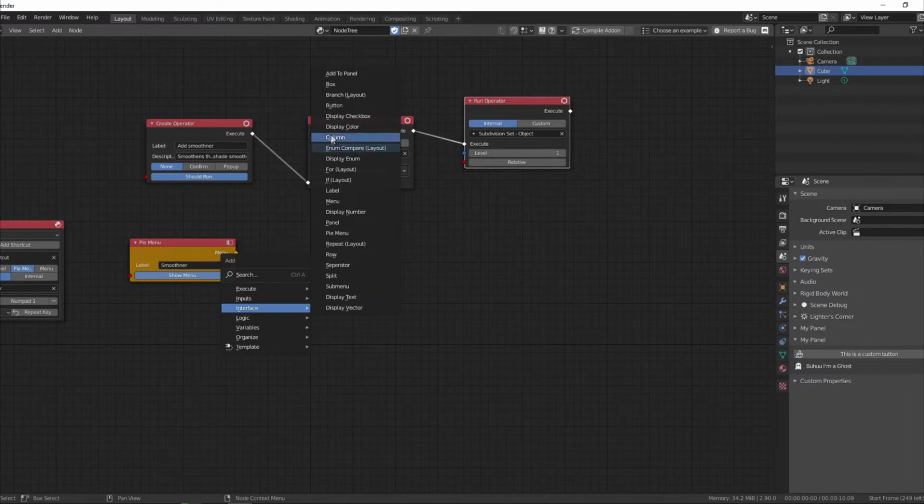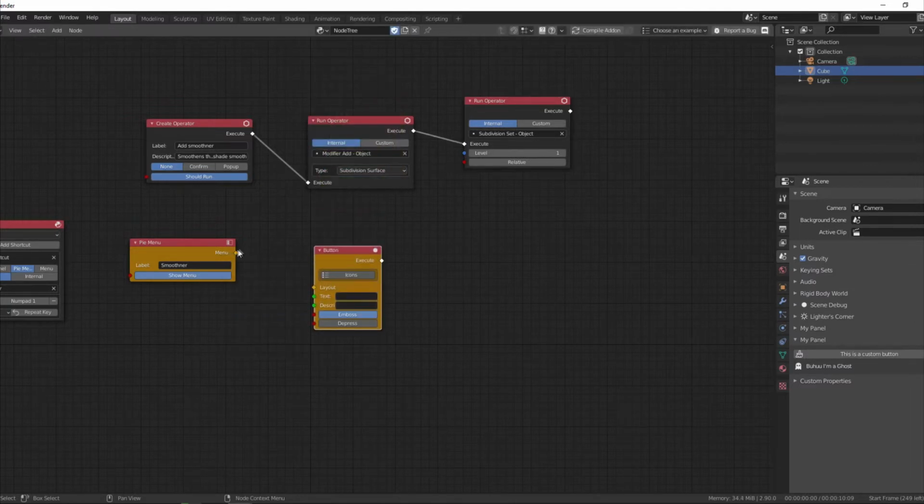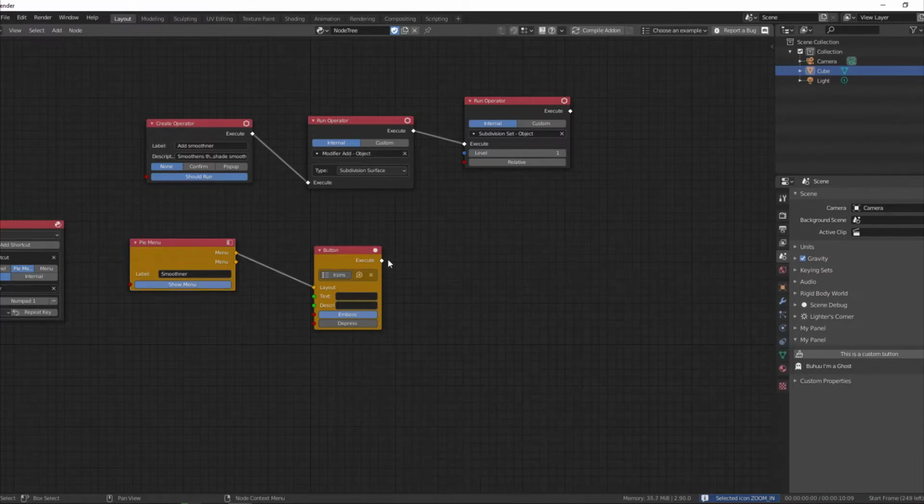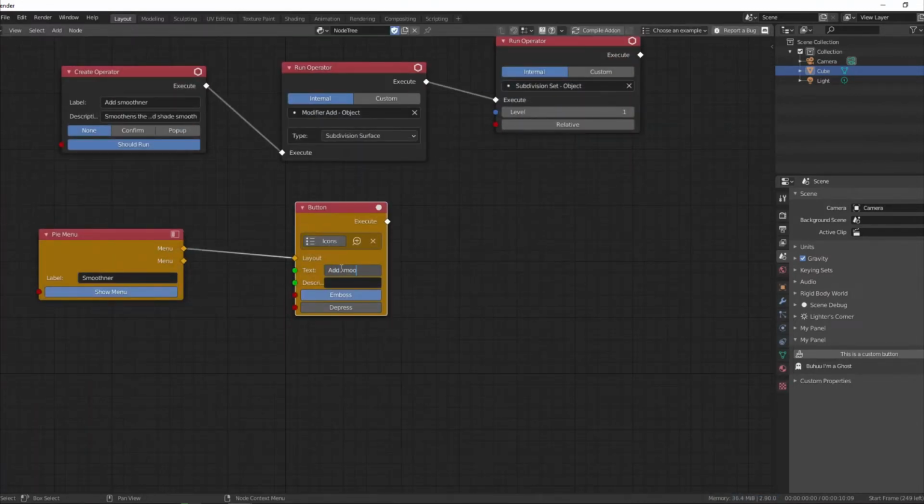And now we can create a button in the pie menu to test whether it is working or not, and for the button we need to drop a button node. You can also choose icons from here. When you click on the icons, you can see that there are a lot of icons available to choose from. These are inbuilt icons that are loaded with Blender. So you need to select the relevant icon that signifies the purpose of that button. For now I am selecting any of the icons just for demo purposes, and in the text field you can name the button, and I will leave the description for now.